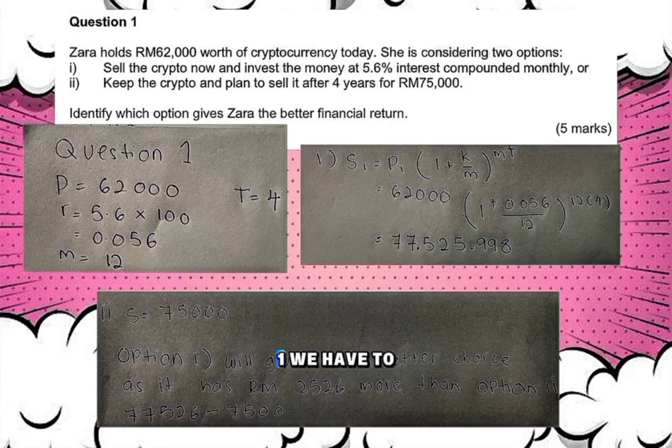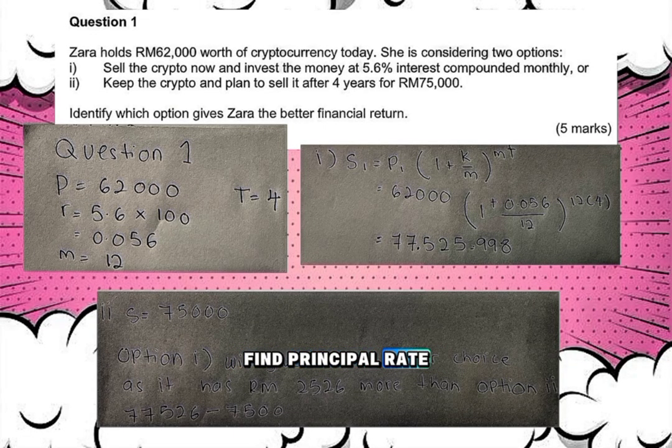First of all, question 1. We have to find principal, rate, compound, and time, so we will get which option is better for Zara. From the sentence, P equals 62,000, R, the rate, equals 5.6 divided by 100, so we get 0.056, M, compound, is 12, and time is 4. So we have to use the formula S = P(1 + k/m)^(mt). P is 62,000, (1 + 0.056/12)^(12 × 4). So we will get